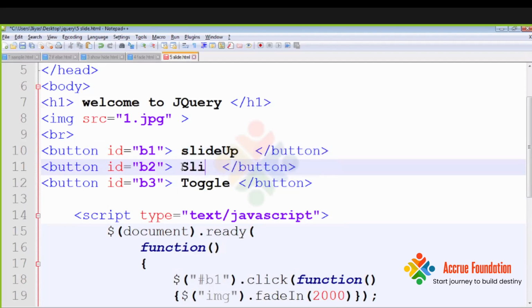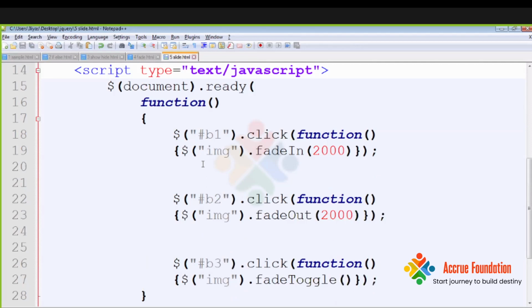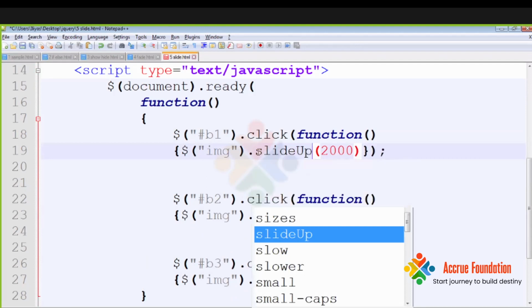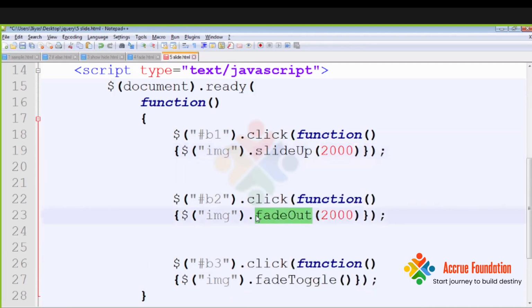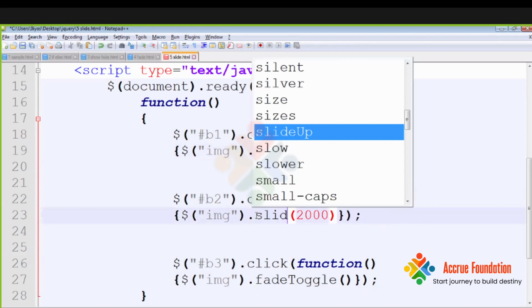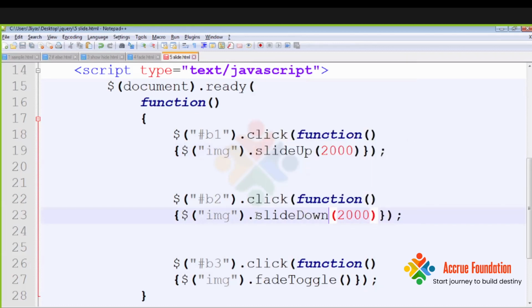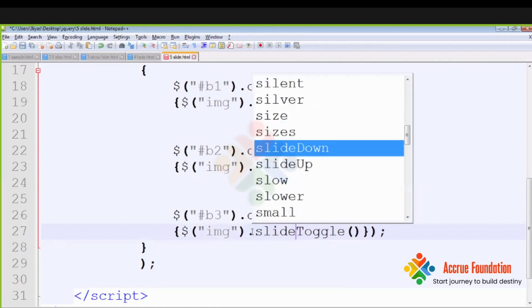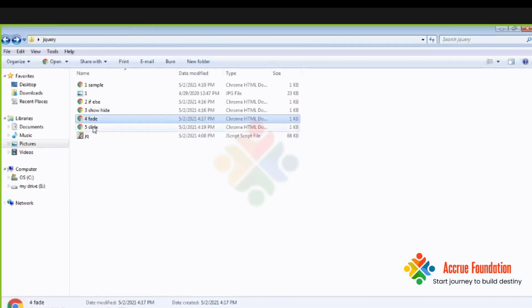Here, I'll write slideUp, here slideDown, and next will be the toggle. Here I'll use the same thing: slideUp, here you have to write slideDown, and last will be slideToggle. Okay, so let's run this program.